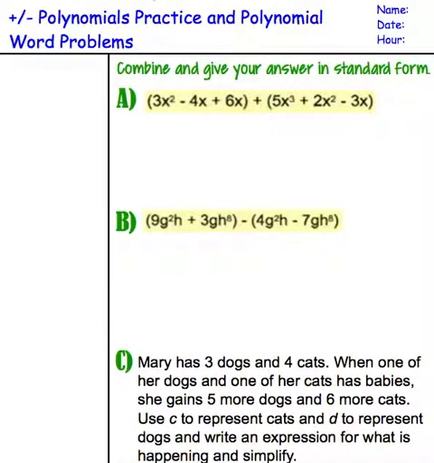Because I know that several of you are feeling fairly overwhelmed from yesterday's lesson because it is such a new concept, I want to go over some review problems as well as introduce how a word problem would operate. So we have this first problem here, 3x squared minus 4x plus 6x plus the quantity 5x cubed plus 2x